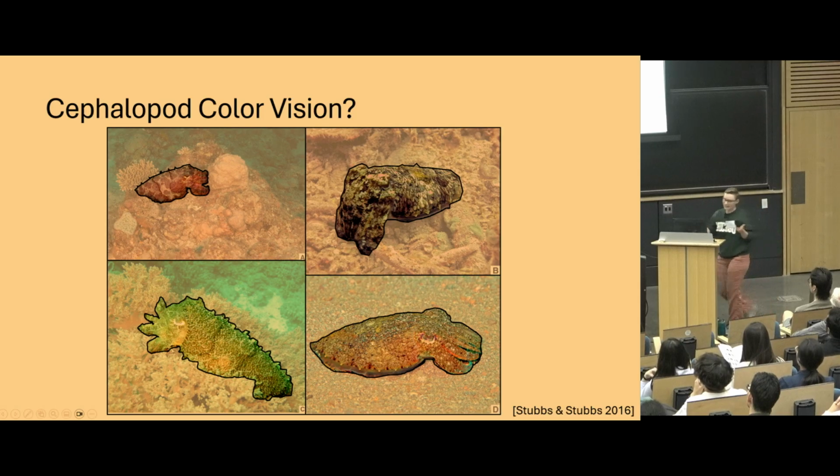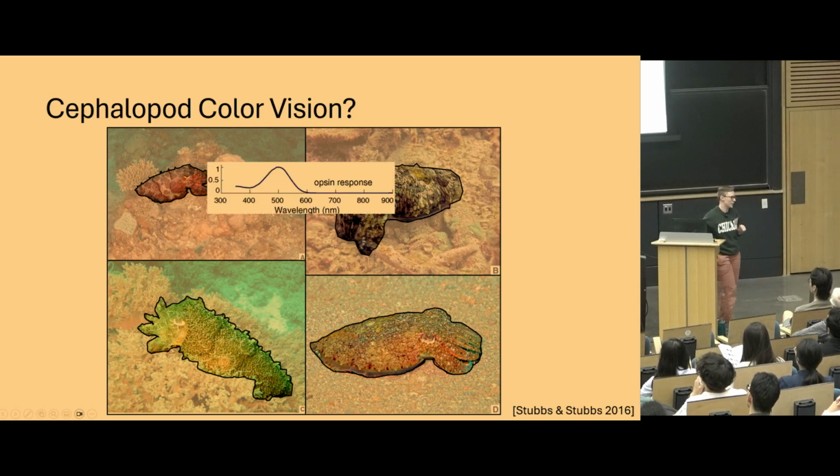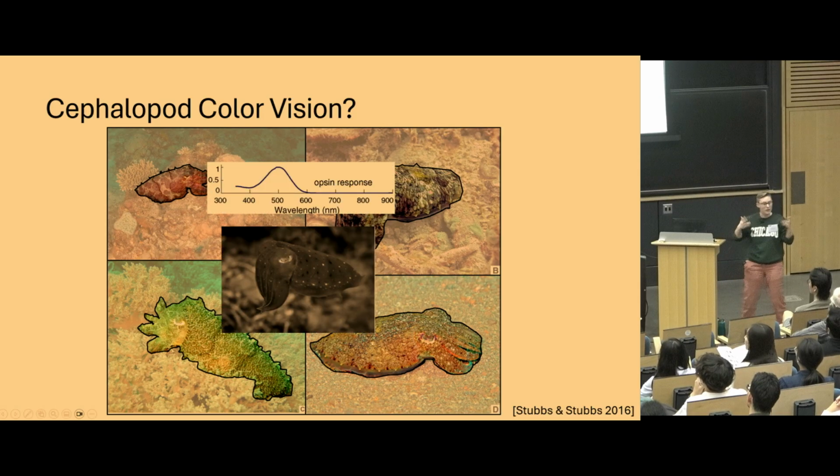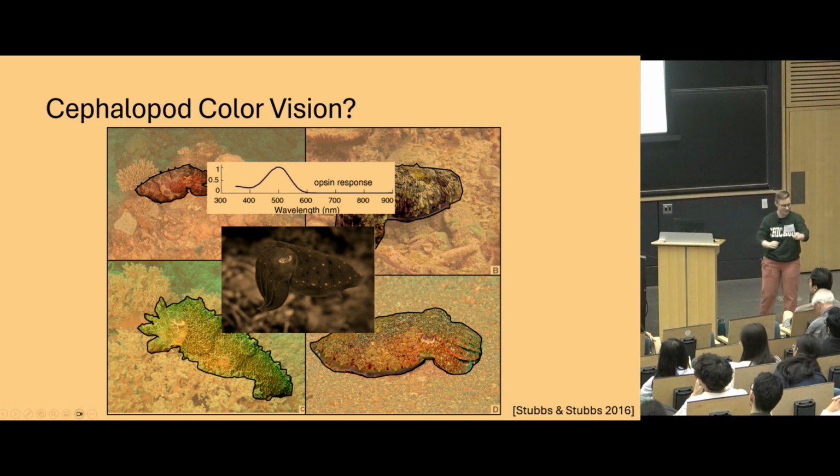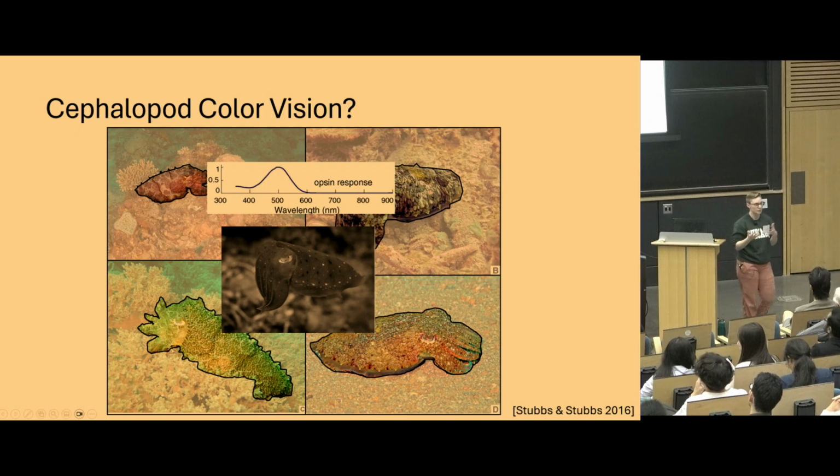The thing that's odd about this is that they only have one receptor type. And so the world to these animals should look black and white. So it's been hypothesized, and there's a question mark on this slide because it is controversial among cephalopod scientists, but it's been hypothesized that perhaps they're using a chromatic aberration cue in these grayscale images to recover color and do this color camouflage.